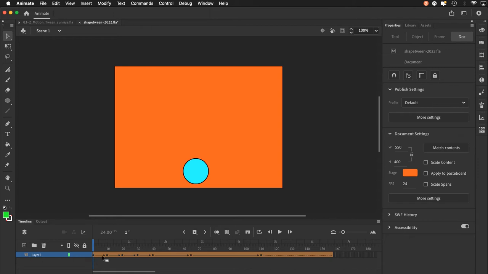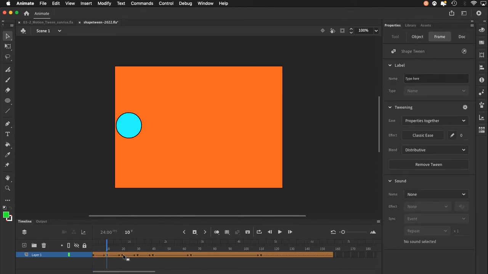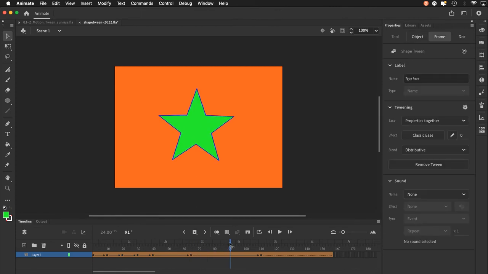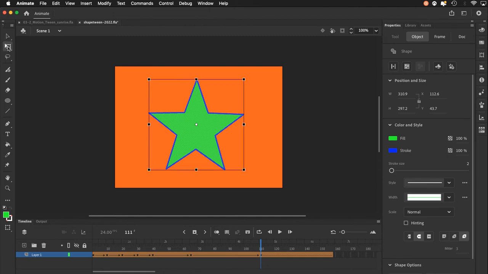If I point down to the timeline here, I'm just going to indicate that I have a series of keyframes. And if I click on each keyframe, you can see that I've taken that blue ball and moved it. And at keyframe, it looks like 65 here, I've replaced the ball with a star. And I've made that star grow larger over 2 seconds by enlarging it on the next keyframe using the free